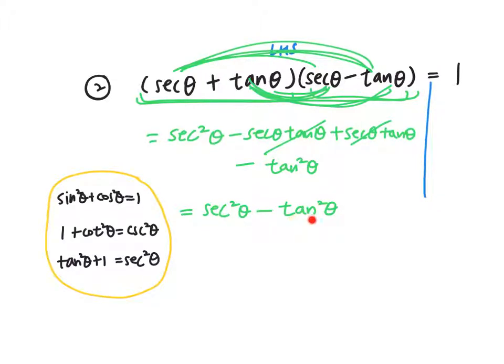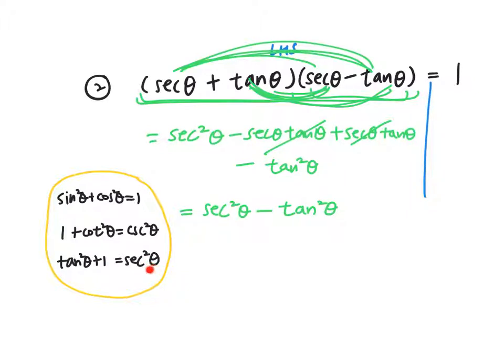Now what can I do at this step here? Notice that I have secant squareds and tangent squareds. Recalling the Pythagorean identity, I would definitely have all of the identities listed out in front of you on a separate sheet of paper. I see that tangent squared and secant squared theta are both used in this identity, tan squared plus 1 equals secant squared,